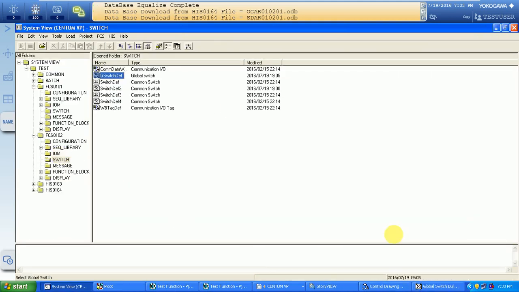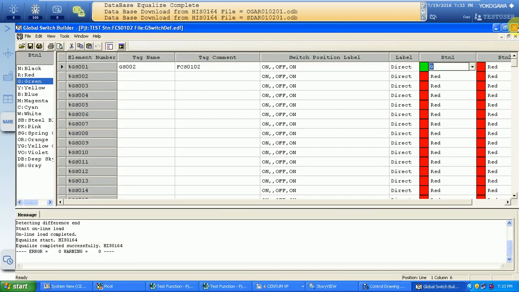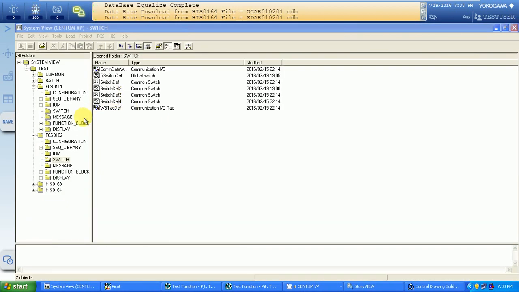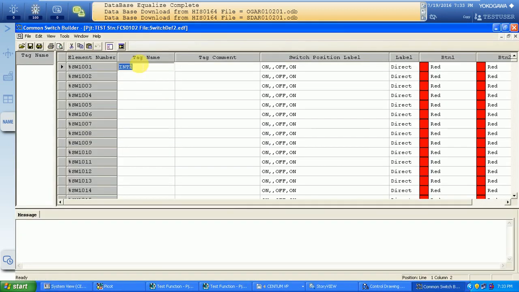Go to the common switch of the second controller, open the common switch builder, and configure a common switch CS001 with comment FCS0102 common switch.